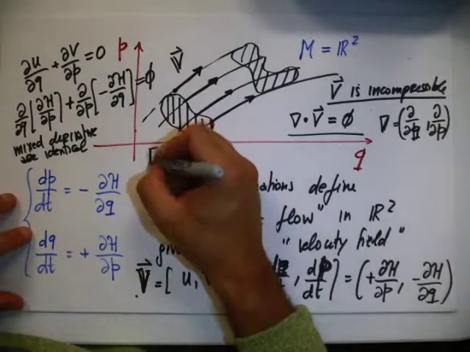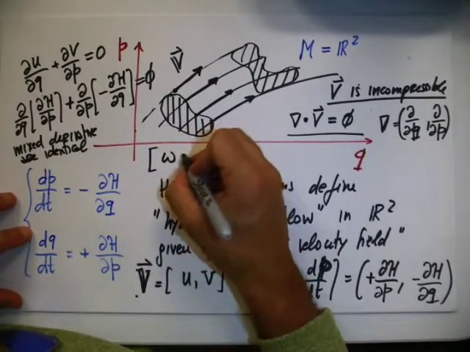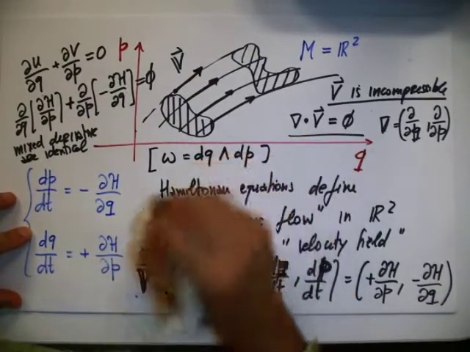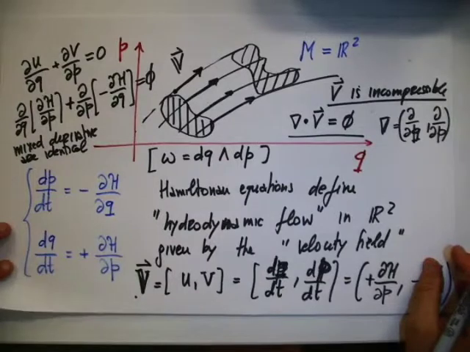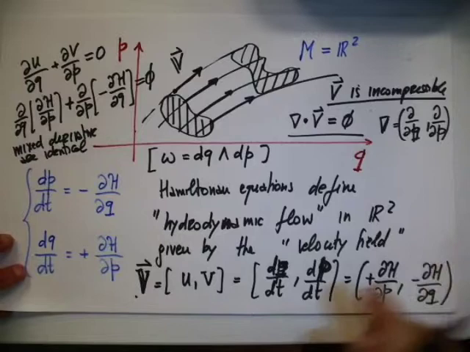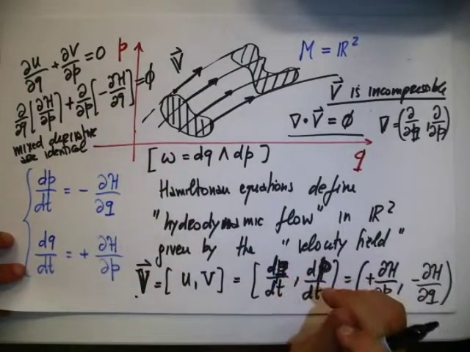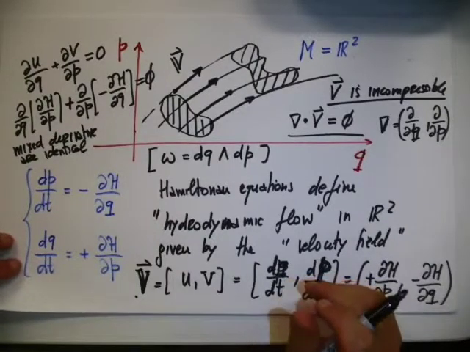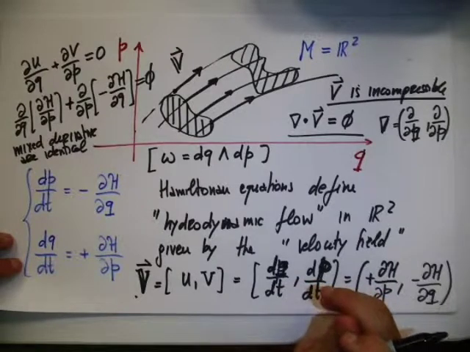In this case, using differential geometry jargon, the form dQ cross dP is conserved. Okay, and of course, in this case, the Hamiltonian was given by the total energy, but there are other examples in which the Hamiltonian is not necessarily the total energy, and a simple example is given from fluid